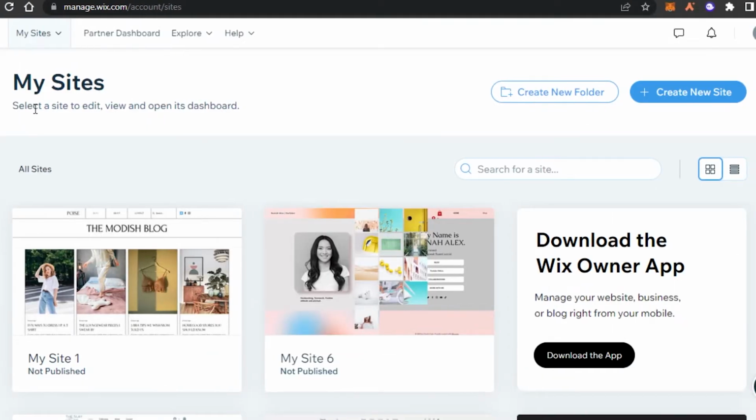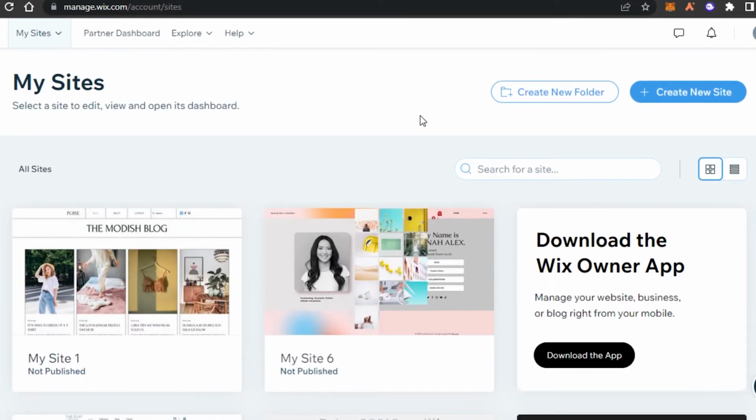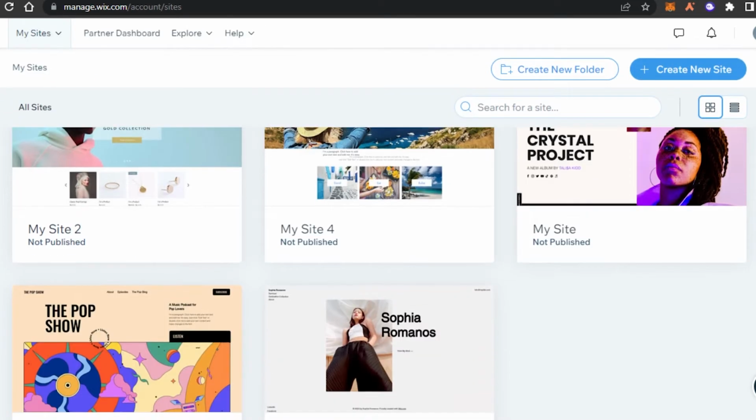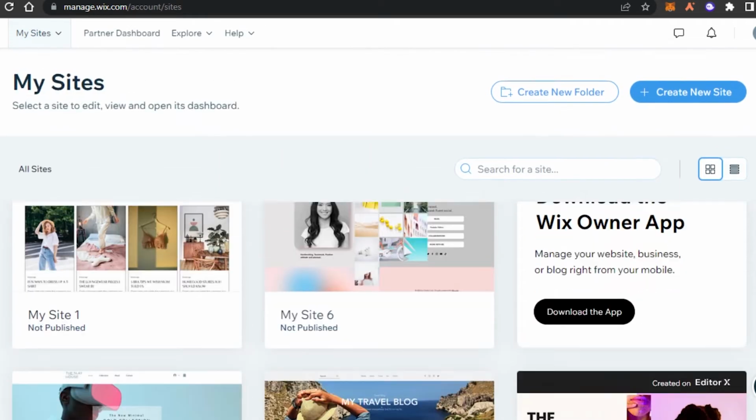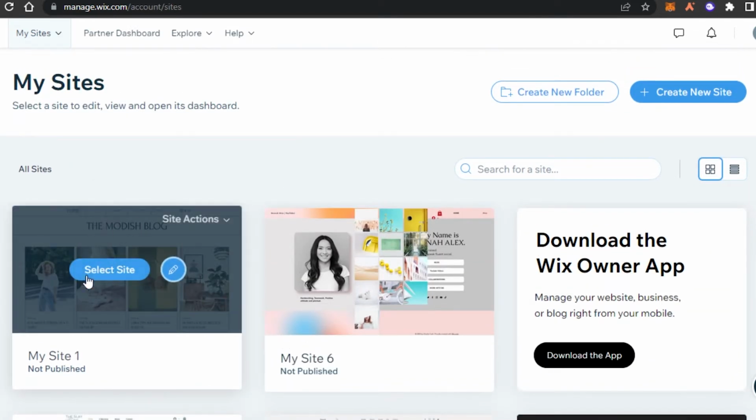So I have logged into my Wix. This is my manage.wix.com and I will be able to check all my websites right here. So today I will show you how to add a privacy policy page to your Wix website that you're creating. So to start with the process, what you can do is you can either create a brand new website or you can edit a website that you were already creating. So I have all of these different websites I am working on, and let's add a privacy policy page to